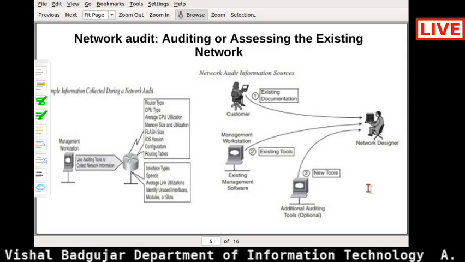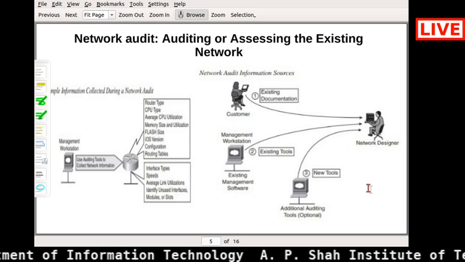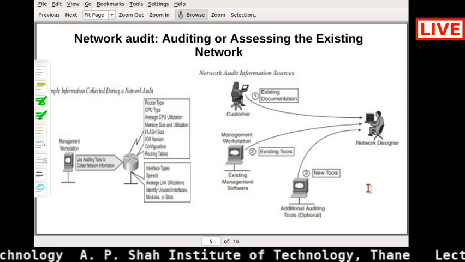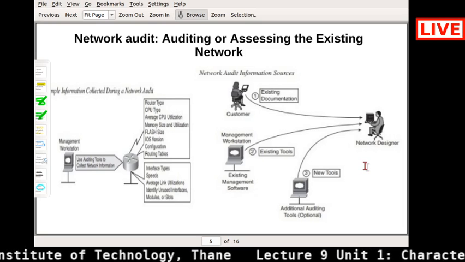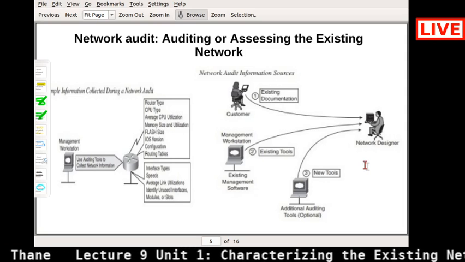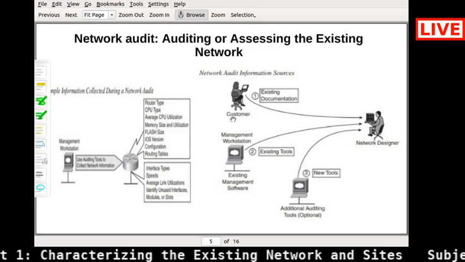The list of ports they are using or unused ports, and unused slots in the networking devices. Whether a particular port is vulnerable or not. All these things can be audited, and you need to get all this information. So if you see this particular diagram also,